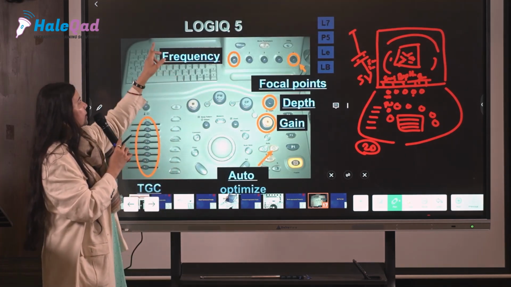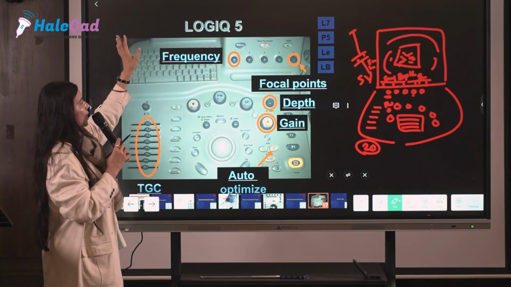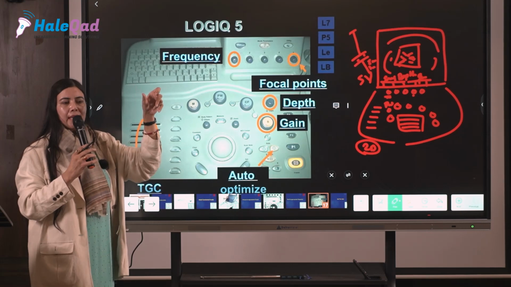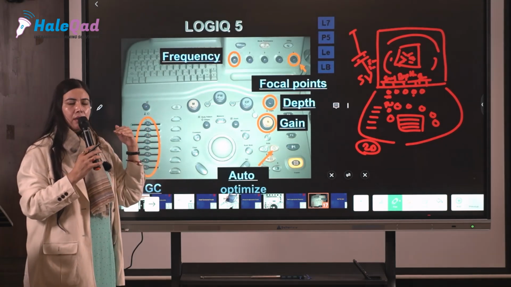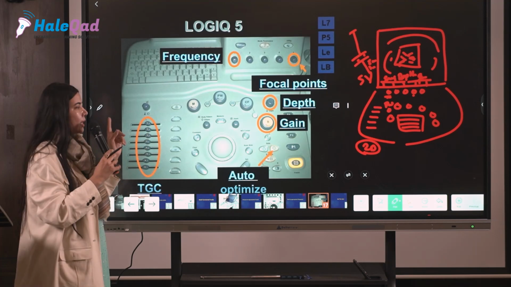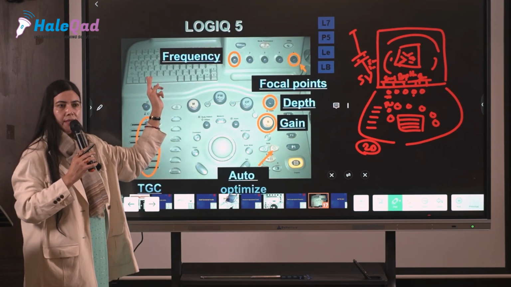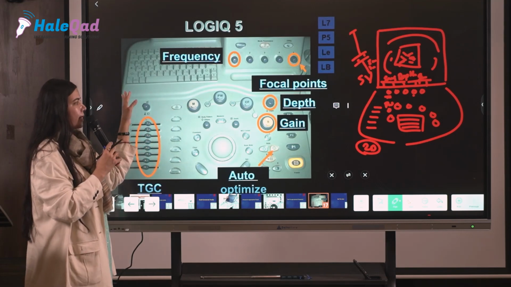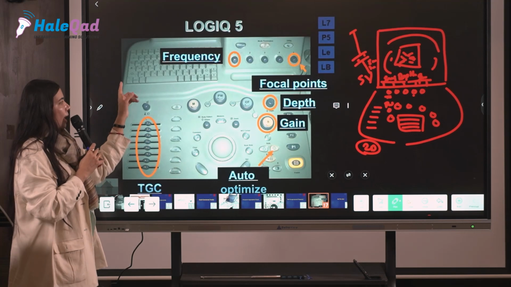Then there is a new patient button here. You just press that button and make all the entries: the name of the patient, his or her age, and what you want to scan. Then comes choosing the probe. There is a probe button. You want to do a vaginal scan, an abdominal scan, or, say, OB gynae. So after choosing that,